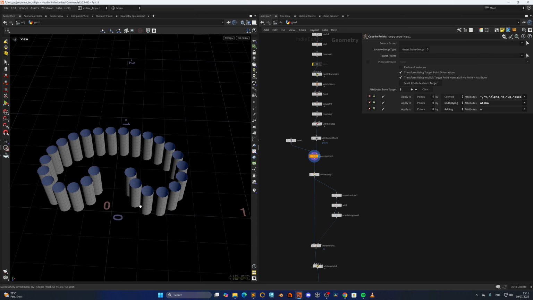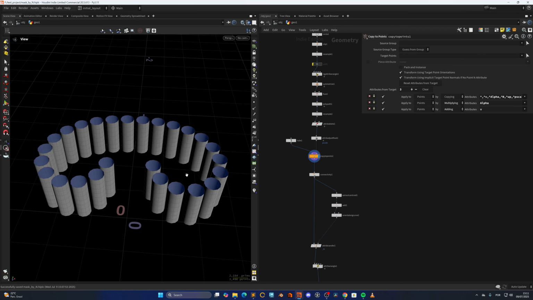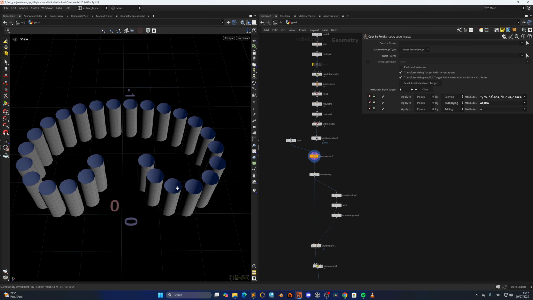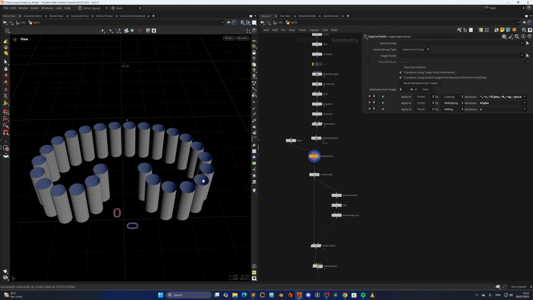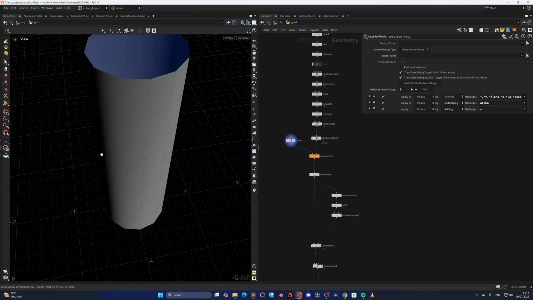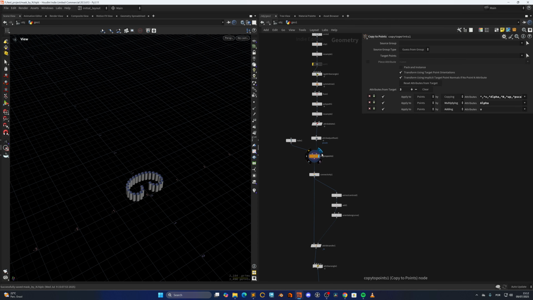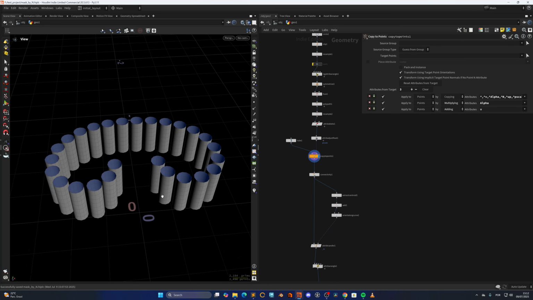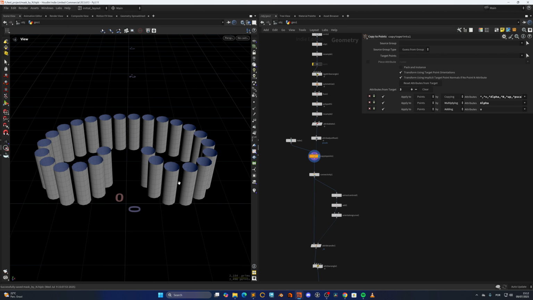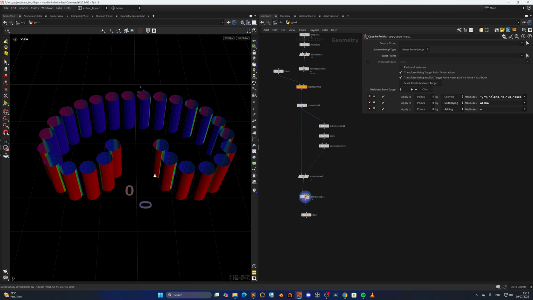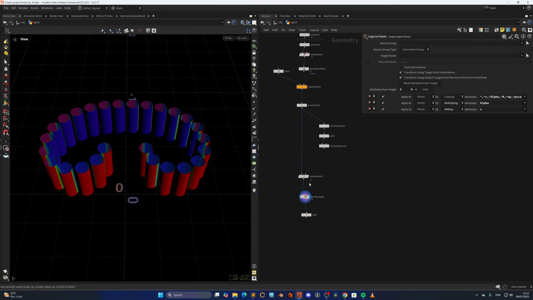So I wanted to start with this simple example where let's say you want to scatter or somehow transform the outside parts or only the inside of this geometry and you have no access to the full network. This could be easily done by targeting the prims facing the positive Z or the negative Z. But let's say you don't have access to the previous part and you only have this geometry. So the end goal is to create this sort of mask, so either the outside or inside part,